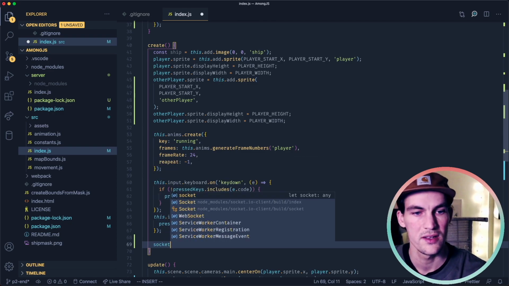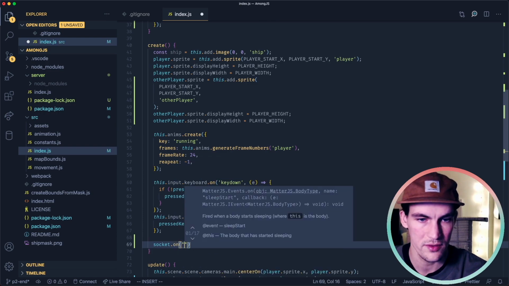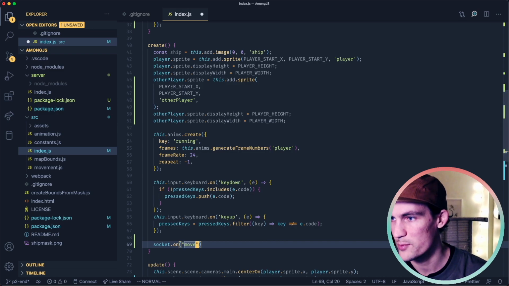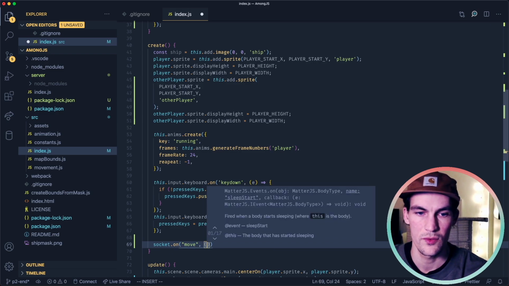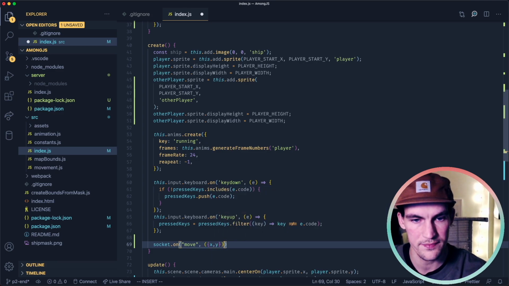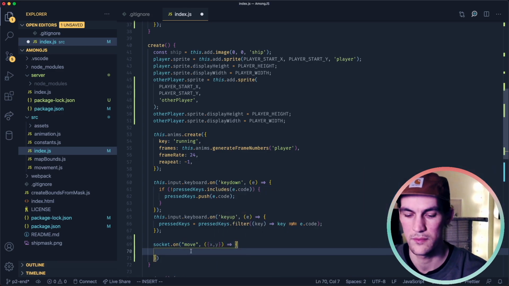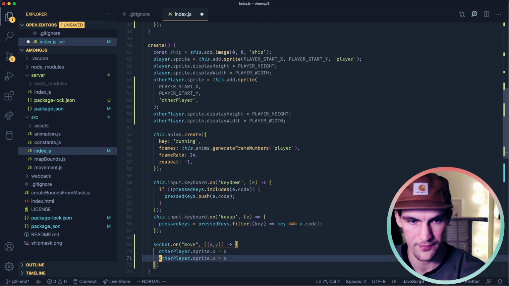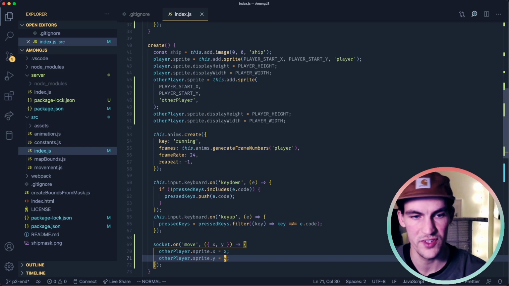So we can do socket.on move. This means another player moved. So we get the function, and we know that we get x and y in this one. So we do otherPlayer.sprite.x equals x, and otherPlayer.sprite.y equals y. So now we've essentially moved the sprite.